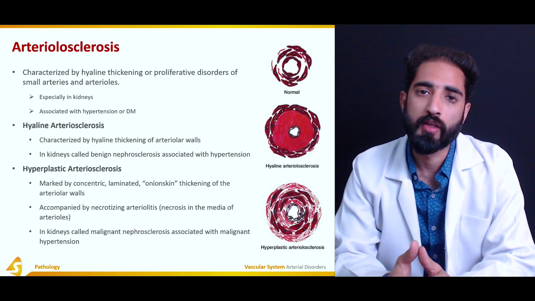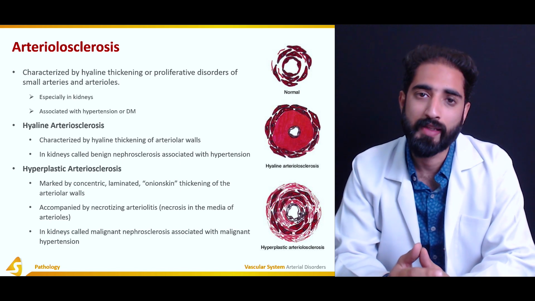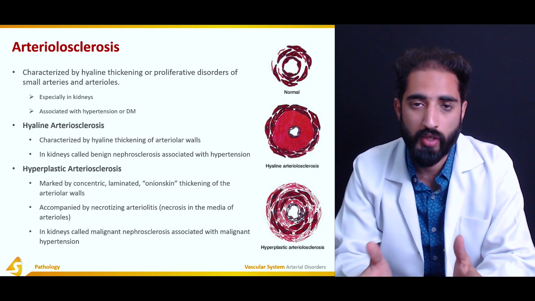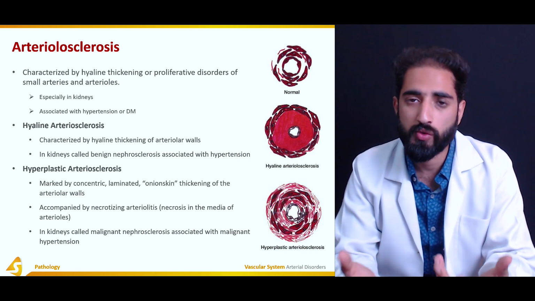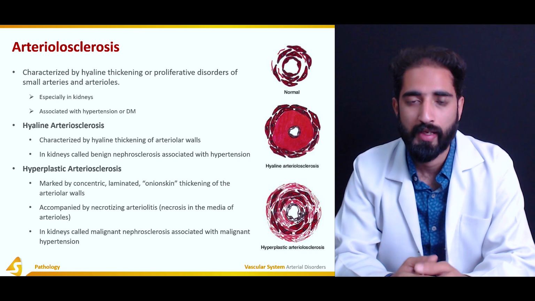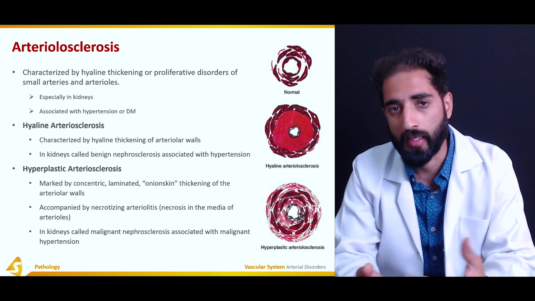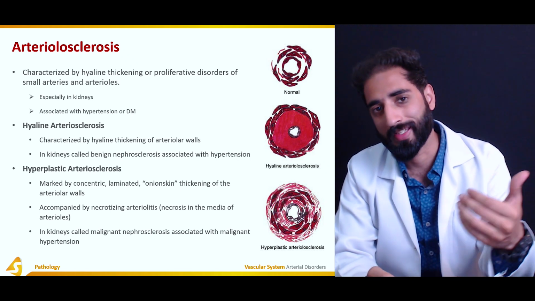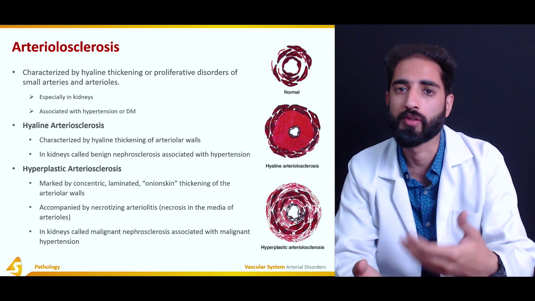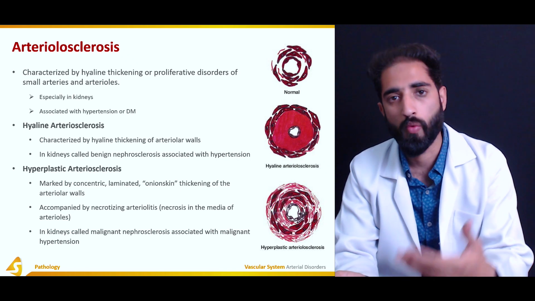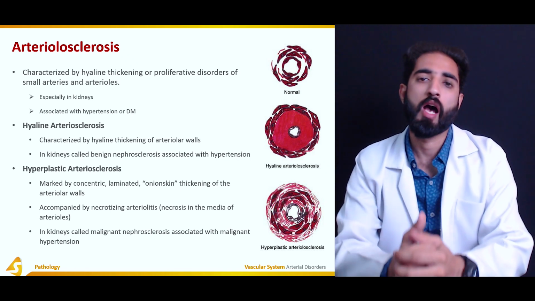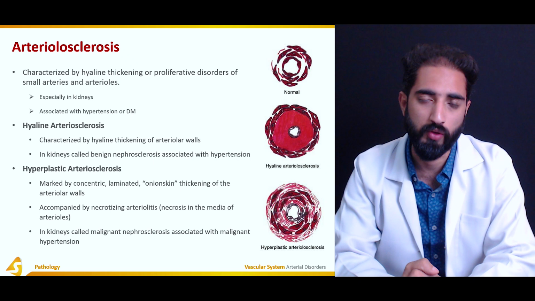It is most common in kidneys, and that is why it is also associated with hypertension and diabetes mellitus. Why is it associated with hypertension? Because it is most common in kidneys, so when the blood flow to the kidneys is disrupted,